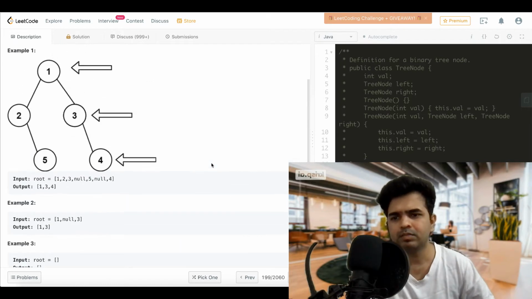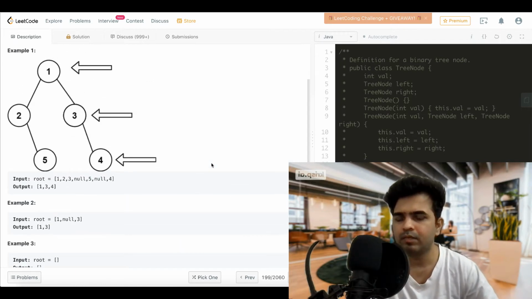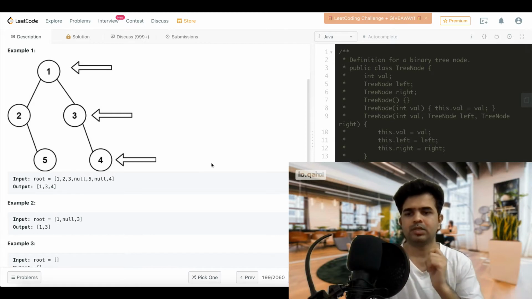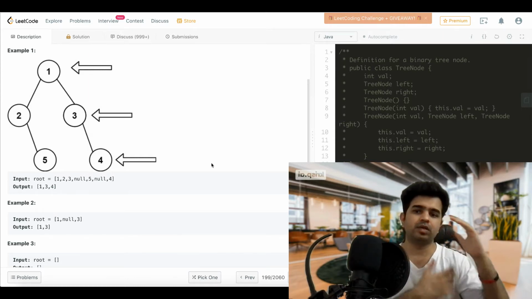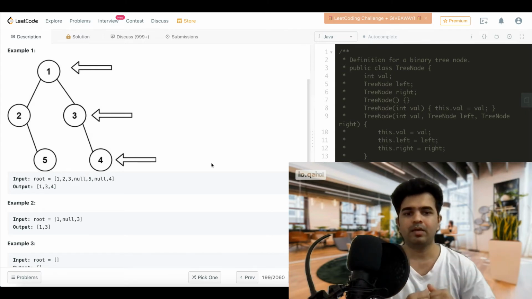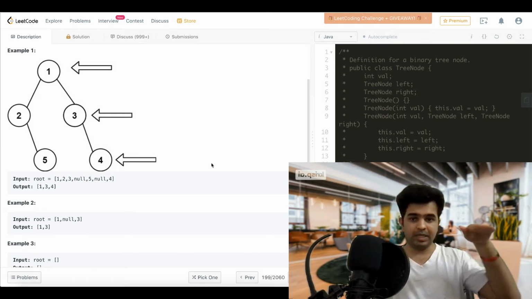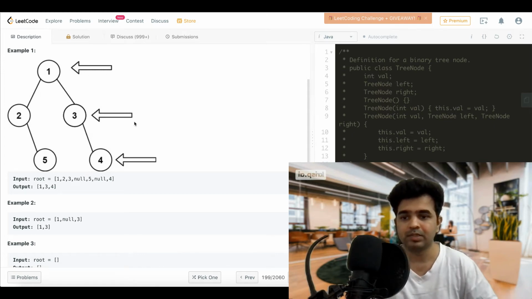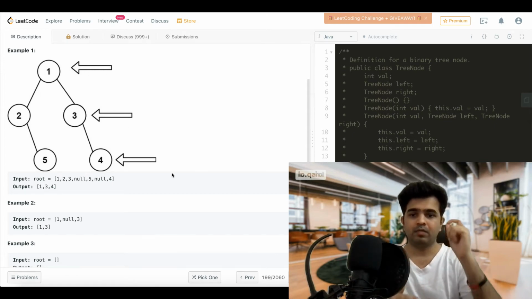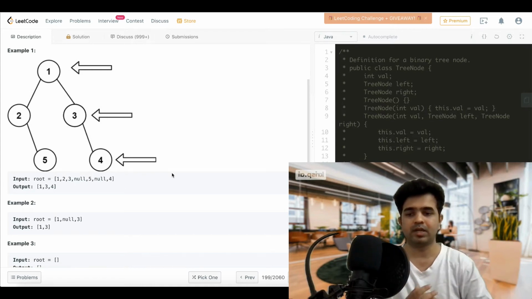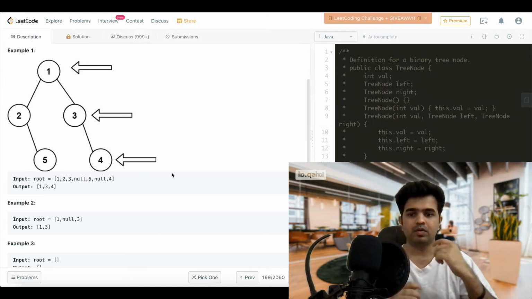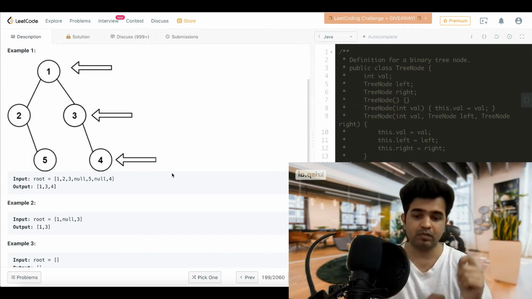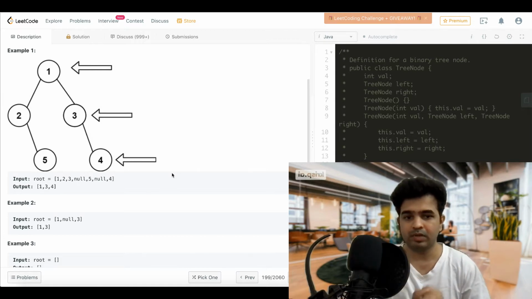So we can solve this by using DFS, where we can go to each of these nodes and find out which ones are the rightmost ones. So how are we going to do that? What we can do is, in this DFS we can first go to the right child and then to the left child, and we'll put a condition where for each new level, so each of these are horizontal levels, we can just take the first node that we are getting. As we are traversing first towards right and then towards left, the first node that we are getting for each level is the node that we will see from the right side